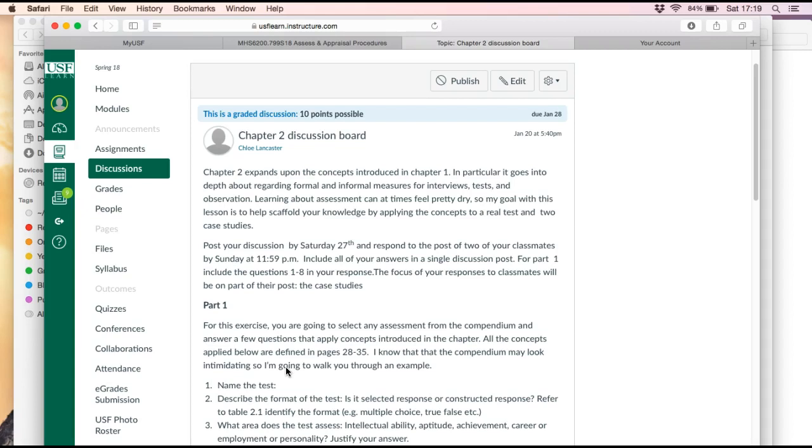Learning about assessment can at times feel pretty dry, so my goal with this lesson is to help scaffold your knowledge by applying the concepts to a real test and 2 case studies. So first of all, we're going to pick apart a real test based on some of the concepts introduced in